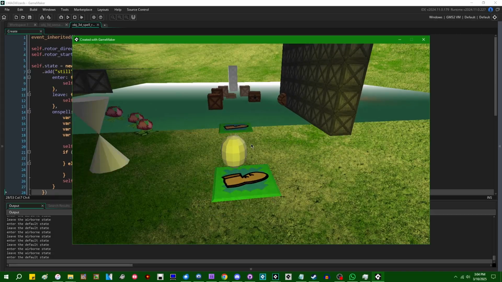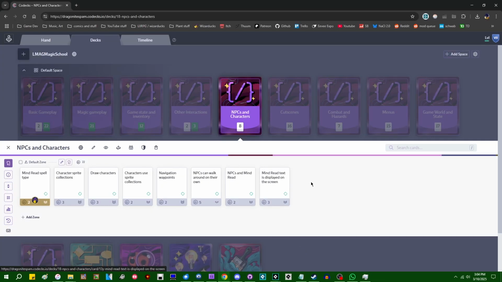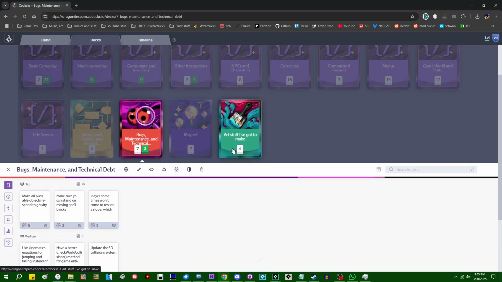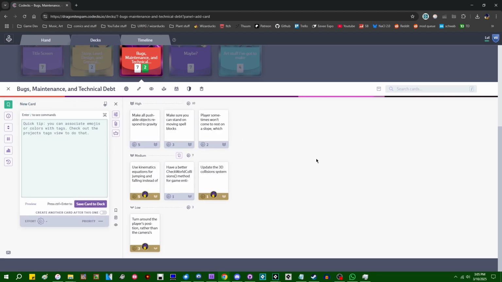I think what I'm going to work on today, if I can bounce back over to this Codecks board, is NPCs. I'd like to start working on NPCs. So, by the way, before I forget, I would like to add another card to this technical debt board, and that is going to be